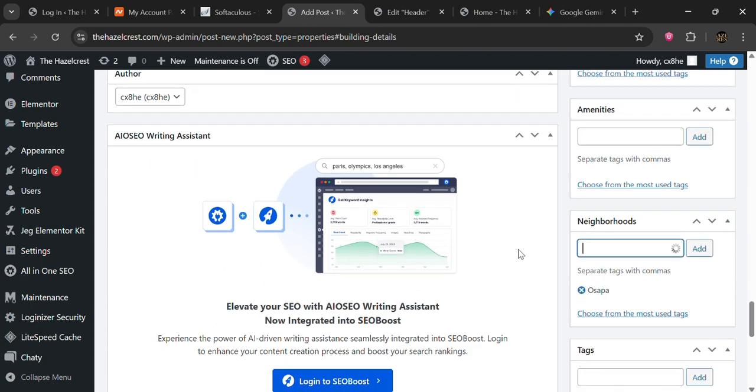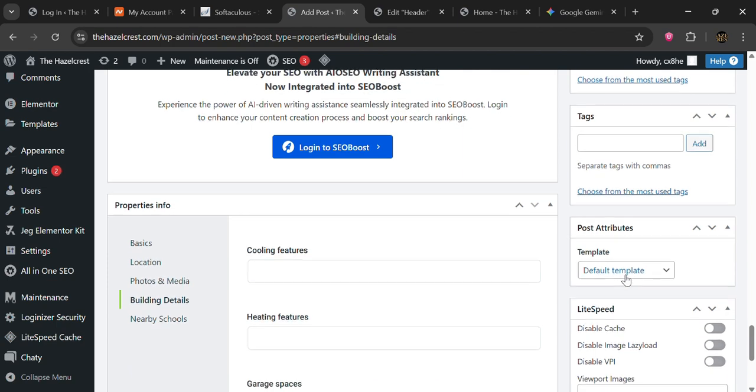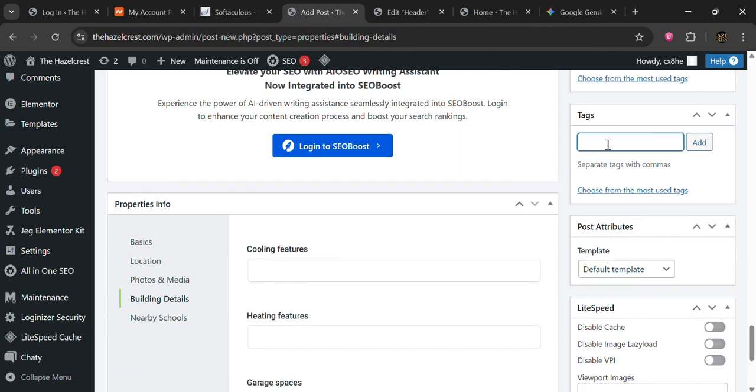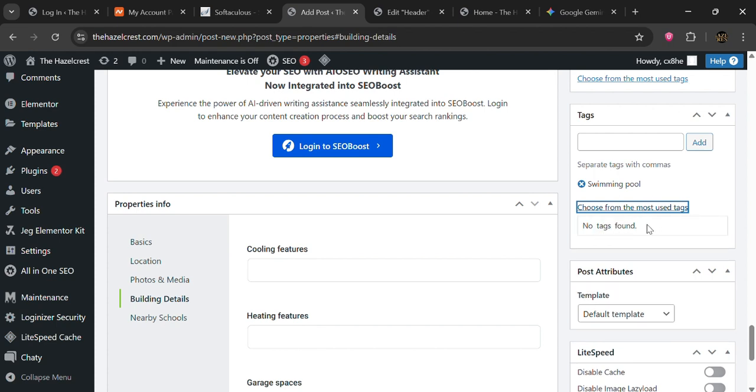So neighborhood is upper, right? And tags are things like swimming pool, and again you can set this beforehand. So what you just need to do is choose from common tags, but as you can see, I haven't. This is a fresh upload, so no tags yet. So swimming pool, it has a cinema. I hope I can spell cinema correctly. Okay, then